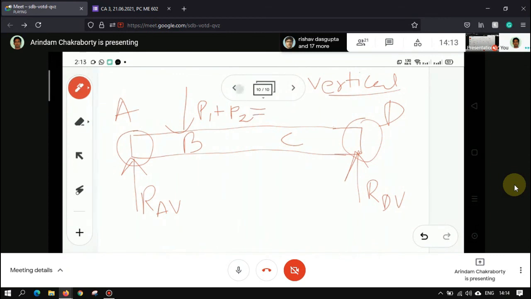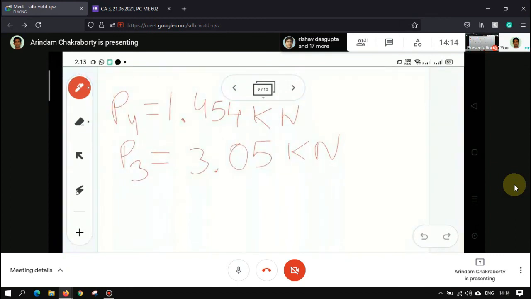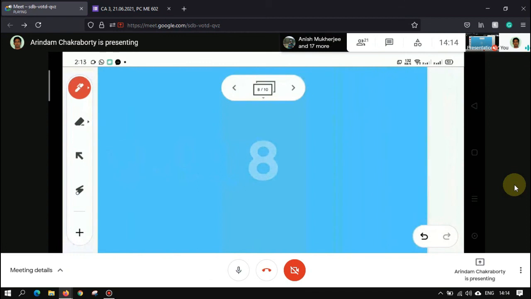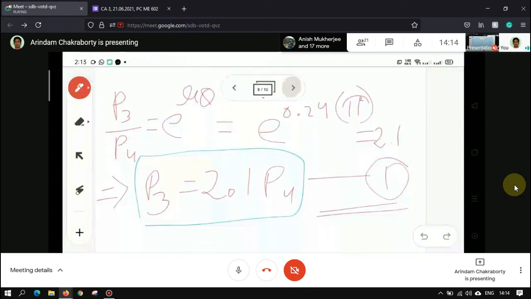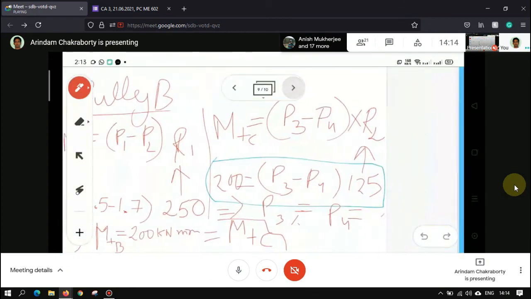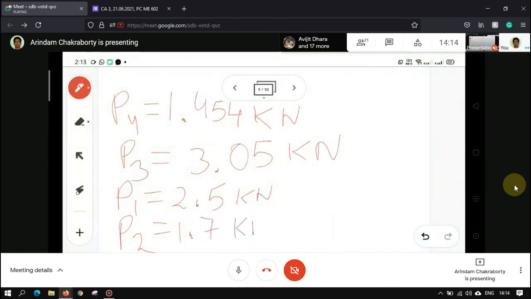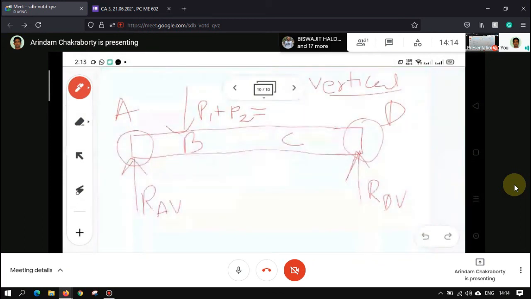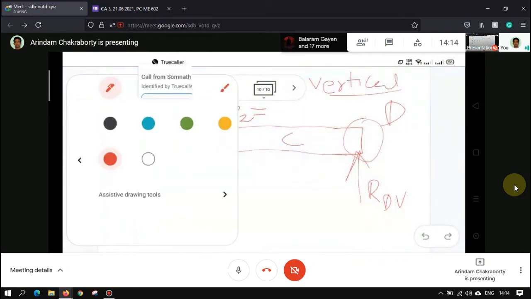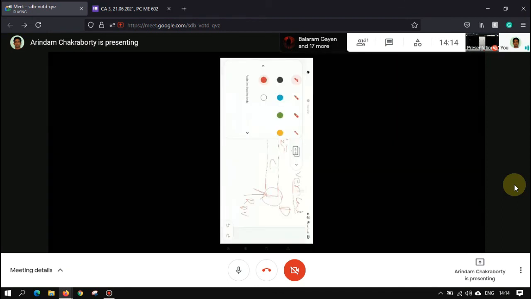Let us get back to the board. What is P1? Let me write over here. That would be given, P1 and P2. P1 is 2.5 kilo Newton. Now how much is P2? I forgot. P2 is 1.7 kilo Newton. Now we have to get some basic formulas. The basic formula is,